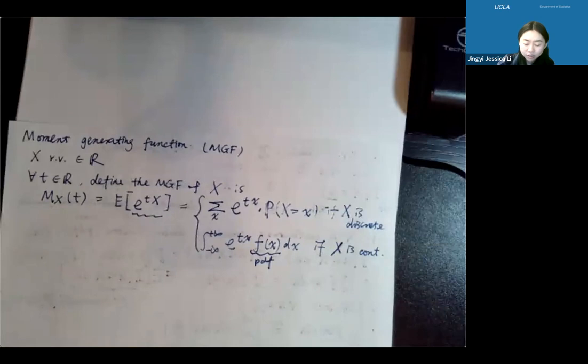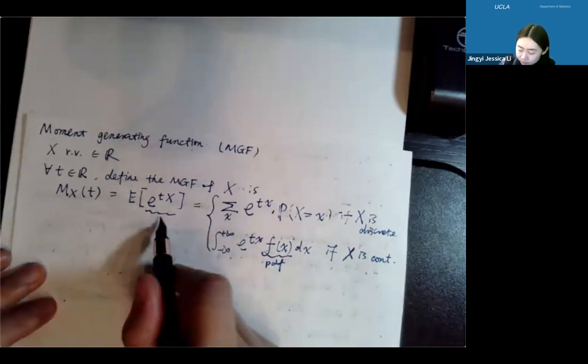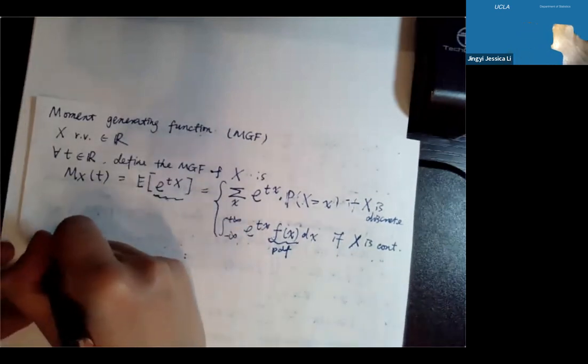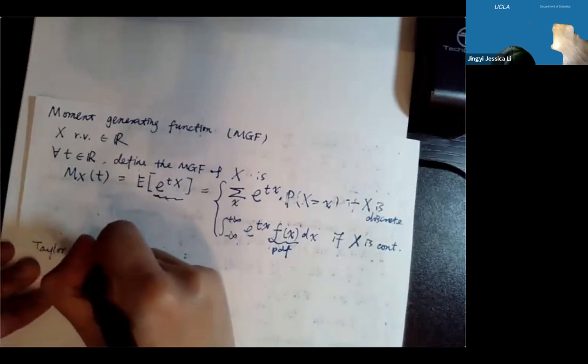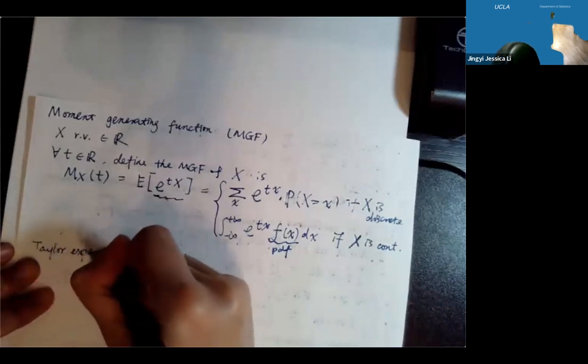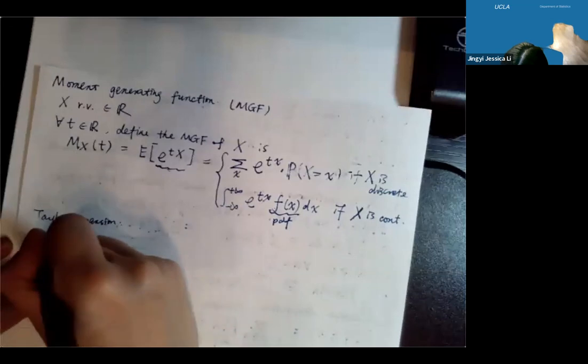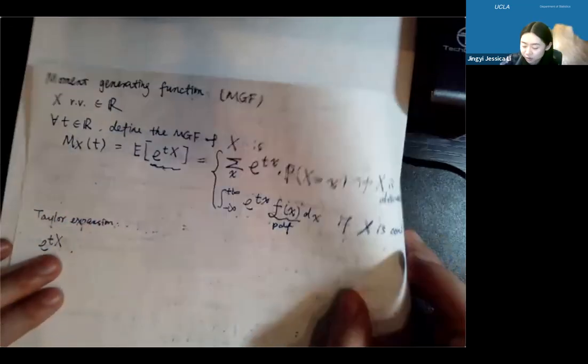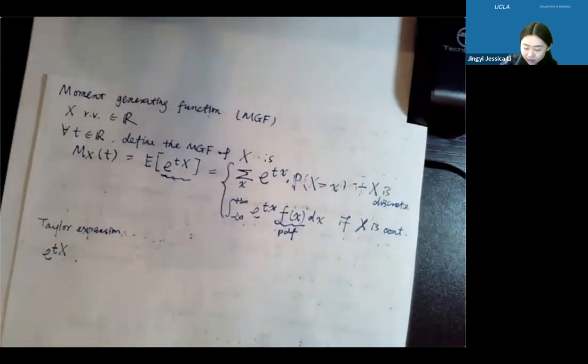Okay, so now why can we generate the moments? To understand this, we will use a very special property about the Taylor expansion of the exponential function. So think about this exponential function here. If we do Taylor expansion on it, e to the tx, I'm just taking the random variable still with me, but do Taylor expansion on the